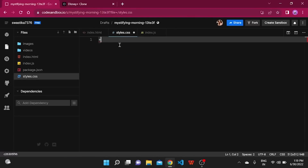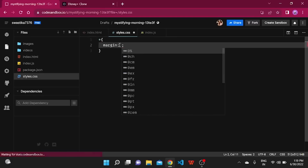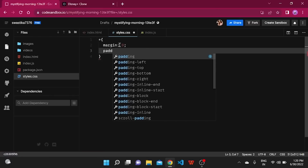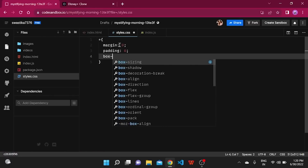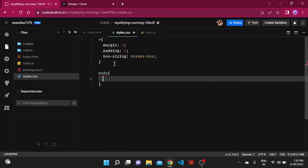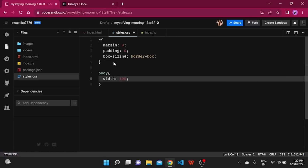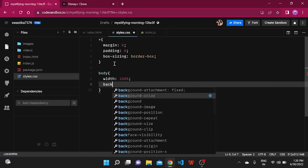We'll give the basic styling, we'll put the margin as 0. The margin, padding and the box sizing. After that, we'll also set the default attributes for the body of the content. So let's set the width as 100%. The background color,